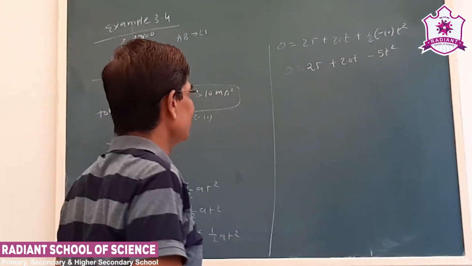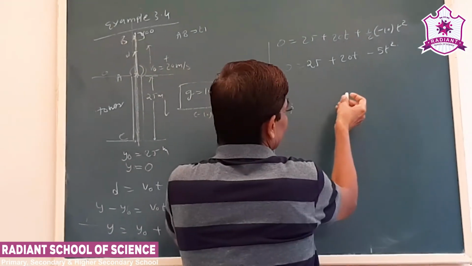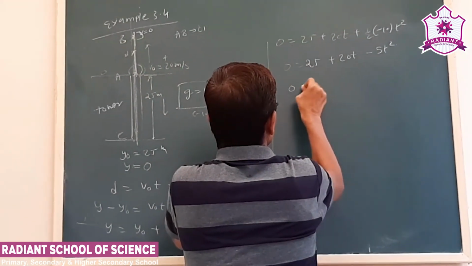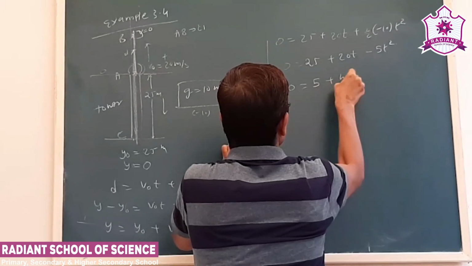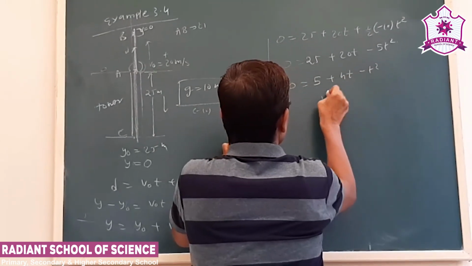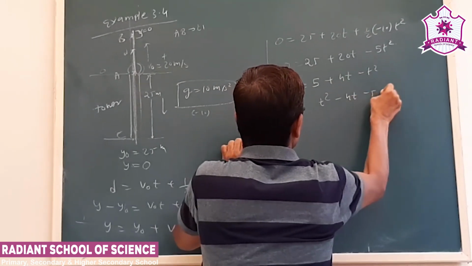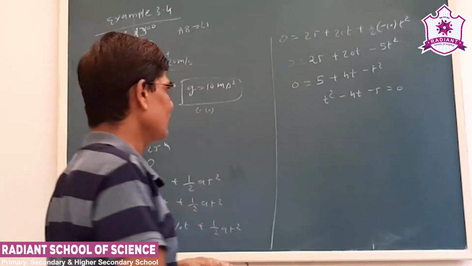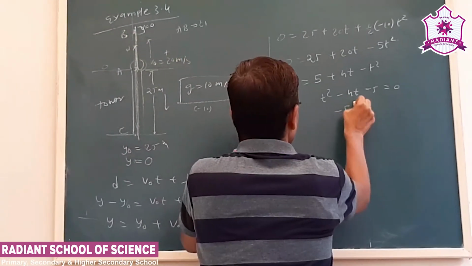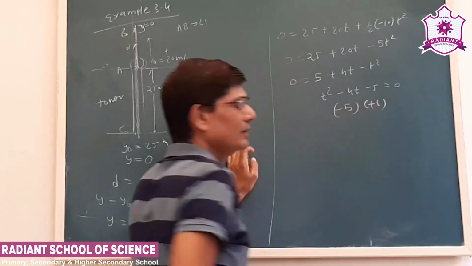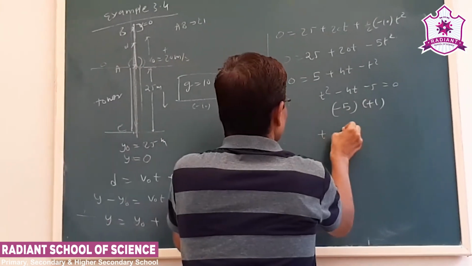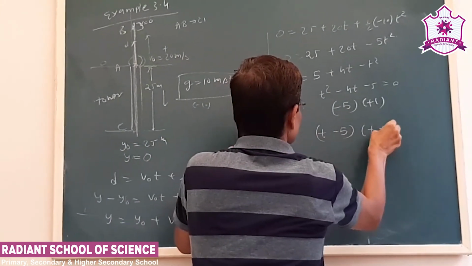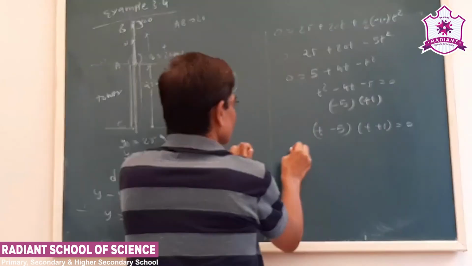Now if I simplify, dividing by 5, it is 0 equals 5 plus 4t minus t square. So it is t square minus 4t minus 5. Now this is a simple factorization that we have studied earlier. So t minus 5 and t plus 1 is equal to 0. So t minus 5